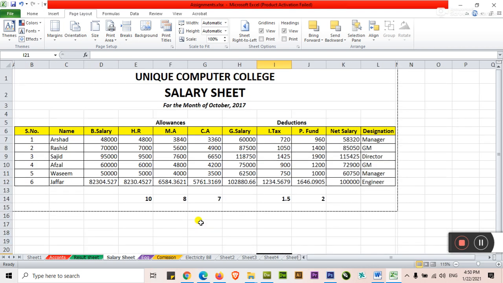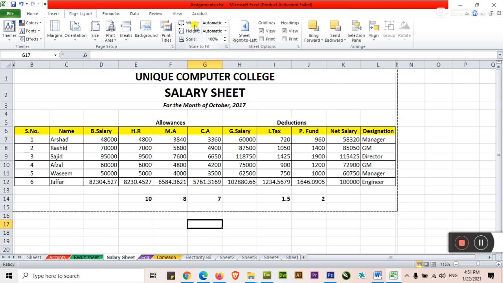There is no need to go to the margins. In the last lecture, as you know, we discussed the margin, orientation, sizes, background and print titles. You can watch that video on our channel. In this video we are just giving further options relevant to your print and the pages. In this sheet we just have to give the range that we have already done here.